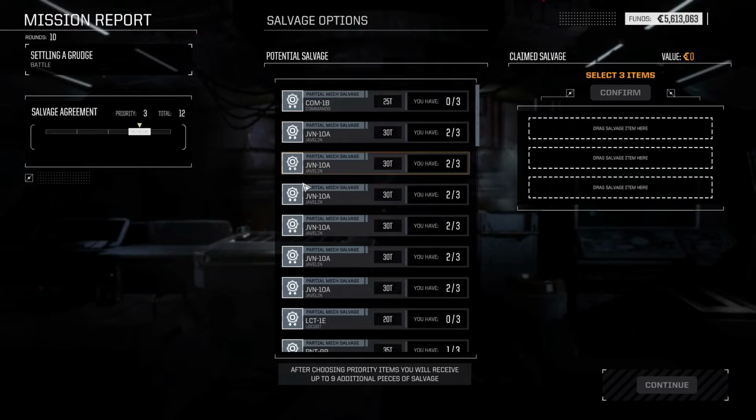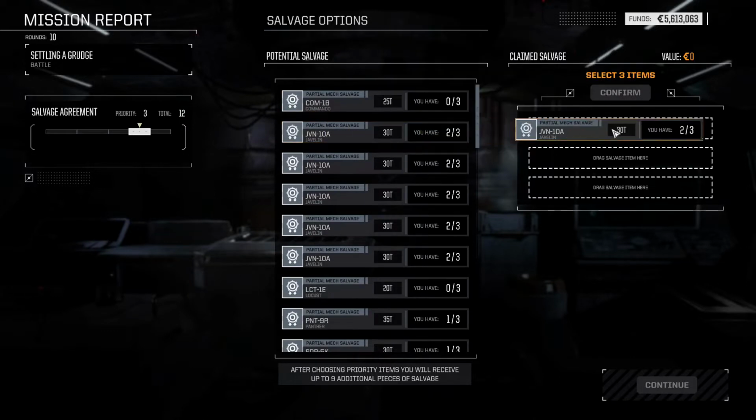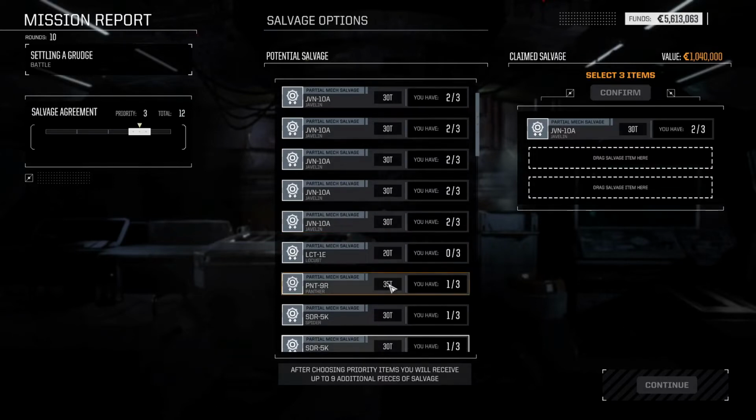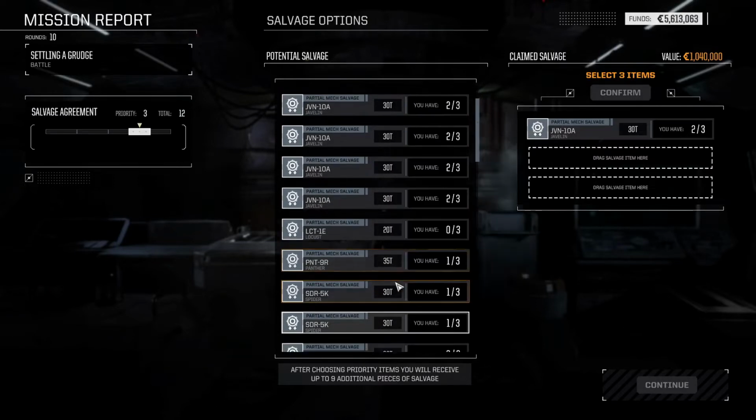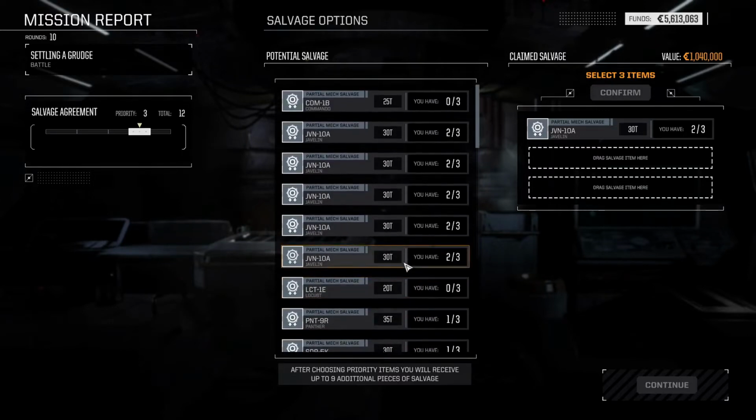Mech salvage. What do we have? Two of three, and all that kind of stuff. So, nothing in here that... So if we take a Javelin, we finish a Javelin. There's a bunch of Javelins. If we take one Panther, we're one more step closer to finishing a Panther, or we can take...